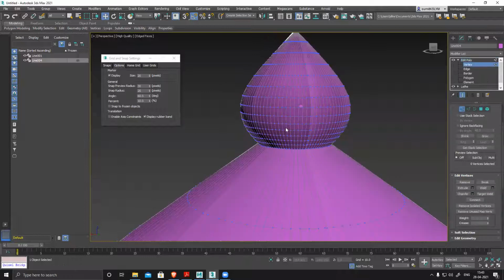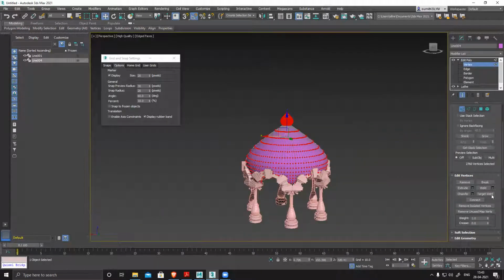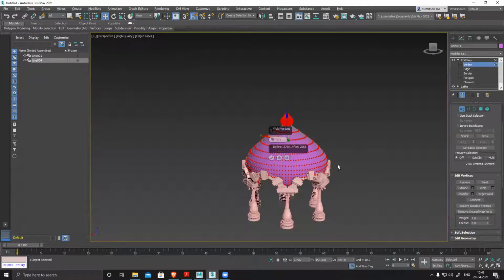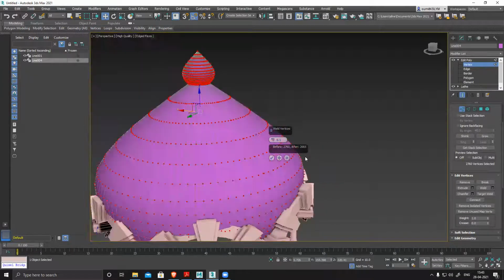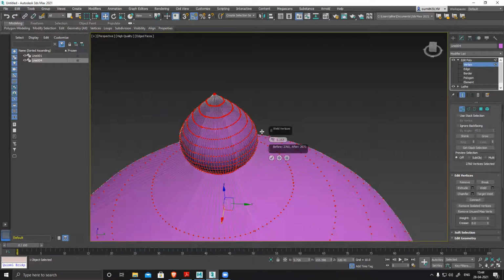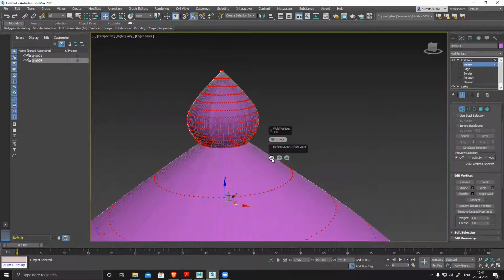To get rid of that, I select all the vertices, and you can see there's a weld and a weld setting. Click on the weld setting. You can see previously it was 2760 vertices. Now it's 2665 less. If I increase the distance, see, it increases and welds everything as long as there's no distortion.